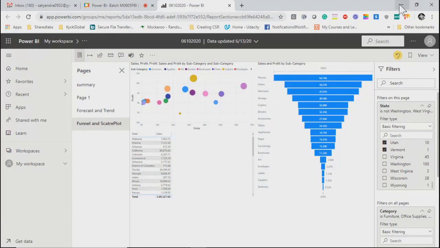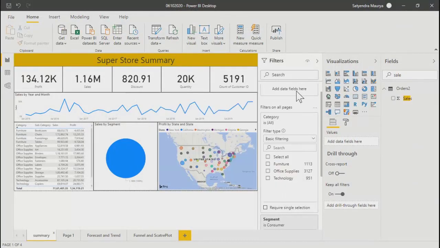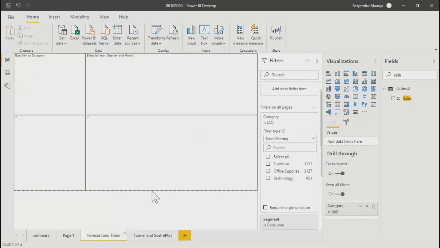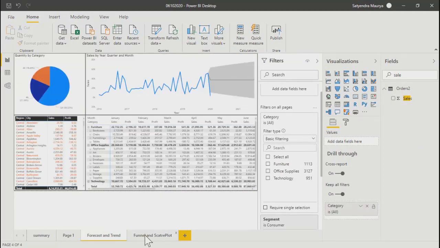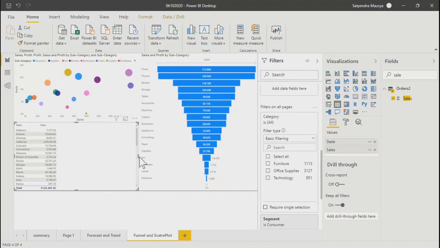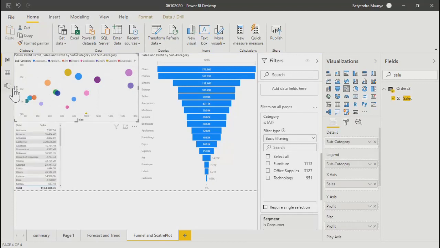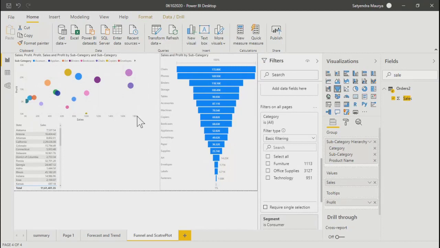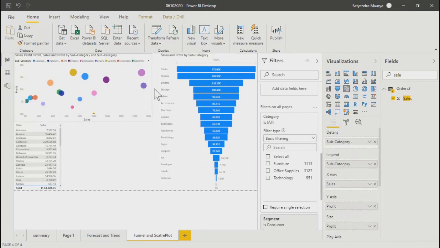Now there is one more control which is very similar to this filter, and that control is known as slicer. Have you used slicer earlier? No. Okay. The slicer concept is in Excel also, and over here also it will behave in the same way.